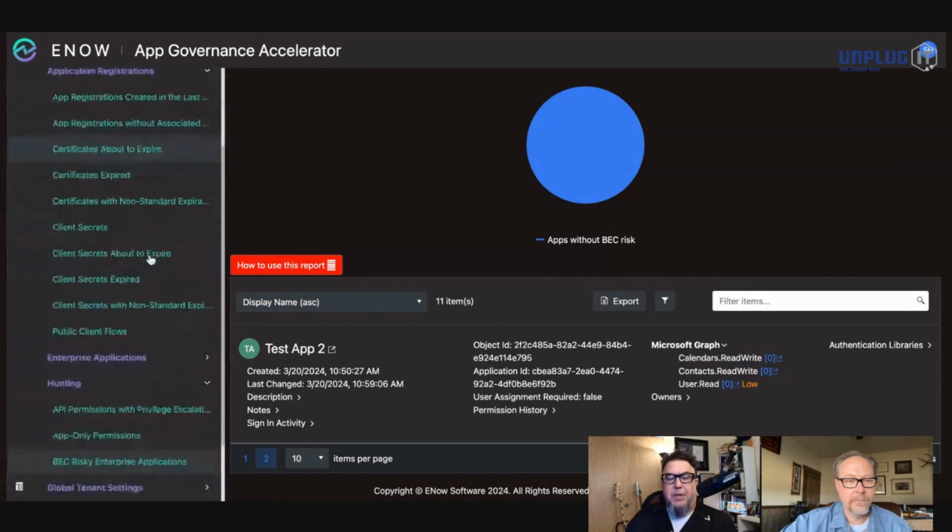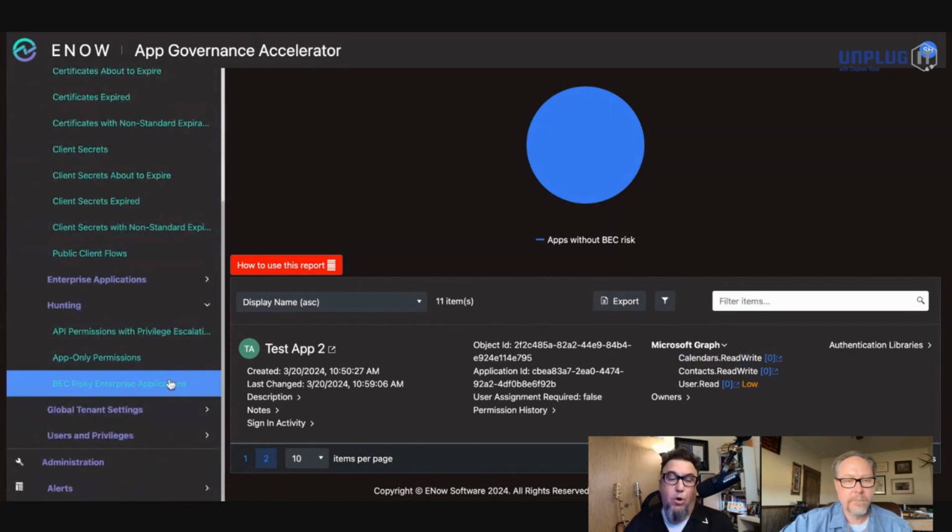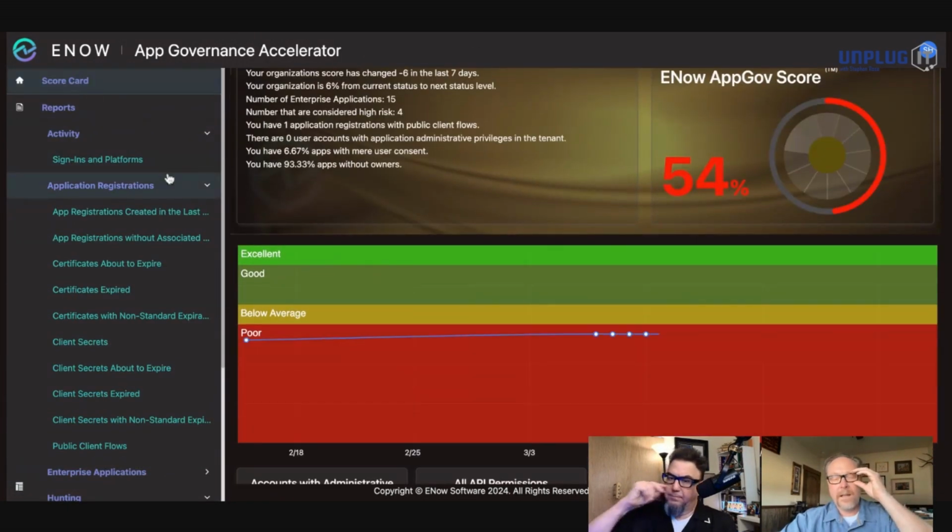And then is this something that you have customized or have worked with eNow to customize, or is this pretty much how it looks out of the box? Tell me your experience there. So a lot of the challenges that we've had managing these applications: which ones have owners? Who are the owners? What certificates are expiring? How many have high-risk APIs available to them? These are things that we were very, very interested in. So eNow had taken our suggestions and our challenges and put that into this